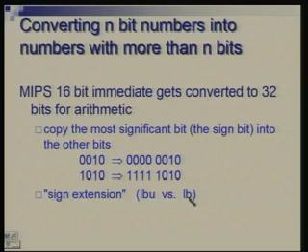If you are looking upon this byte as a signed byte, then they should be filled up with the sign. If you are looking at this as an unsigned byte, they get filled up with zeros. So, there are actually two different instructions, load byte and load byte unsigned, LBU. LBU will fill up the remaining 24 bits with zeros, while LB fills with the sign of the byte which you got. If you are numbering from 0 to 31, bit number 7, which is the sign bit, replicates and fills up all the positions.